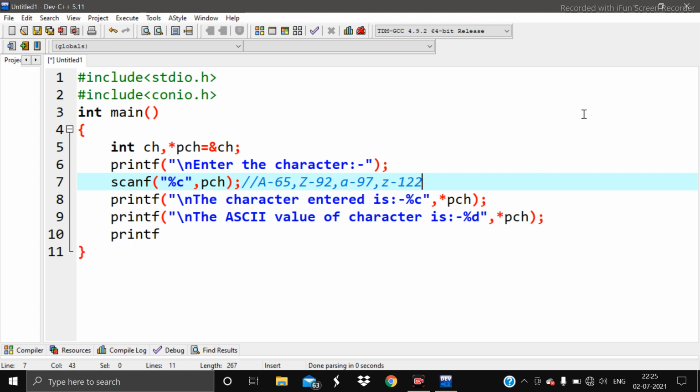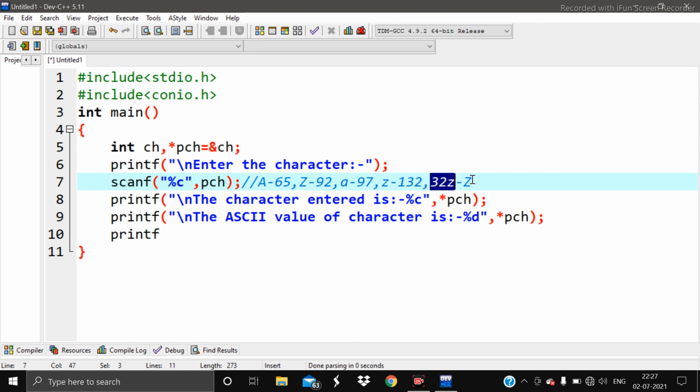So here we can see the difference between these two numbers, I'm sorry, it is 132, the ASCII value of small z. So the difference between 132 and 92 is what? It's 32. The difference between the small z ASCII value and the capital Z ASCII value is 32 here.